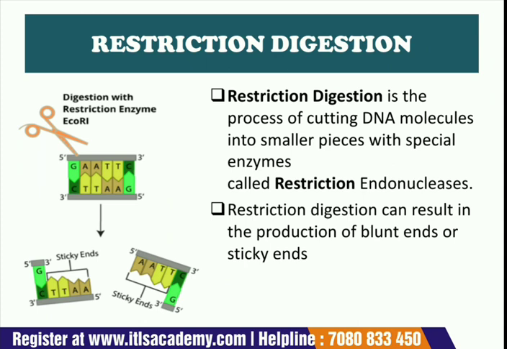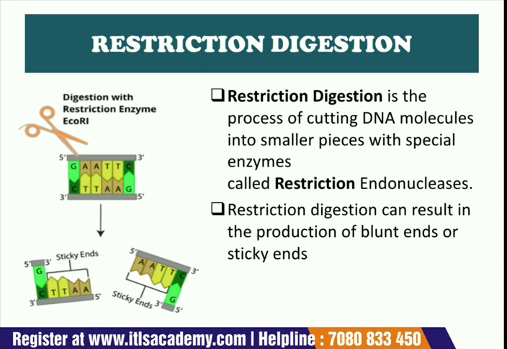In this process, DNA is cut at specific sites directed by the surrounding DNA sequences, or we can say that in the process of restriction digestion, DNA sequences are cleaved into smaller fragments. This cleavage occurs at specific nucleotides, either within the recognition sequence or outside of the recognition sequence.